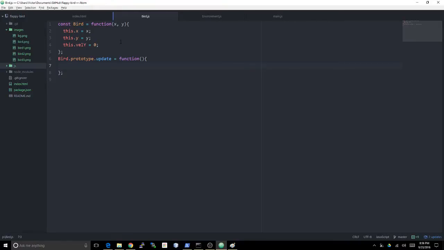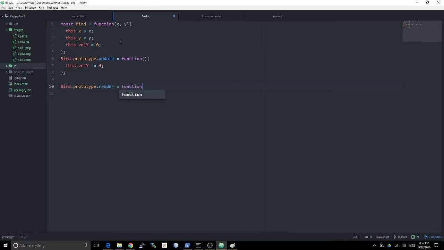So in order for him to fall, all I really need to do is this.velY. So I'm gonna emulate acceleration by this: this.velY minus equal, let's say 4. Okay, and Bird.prototype.render